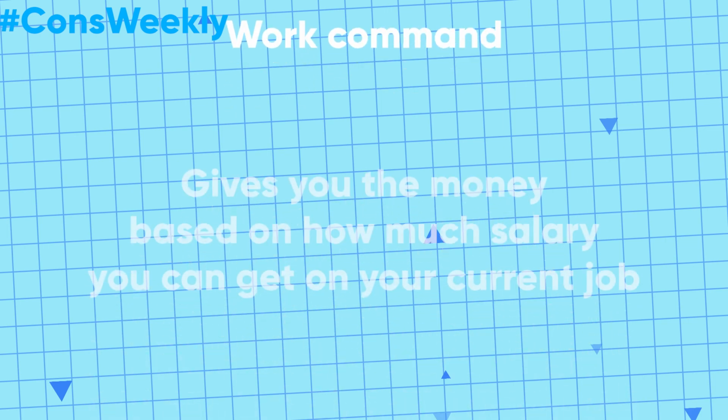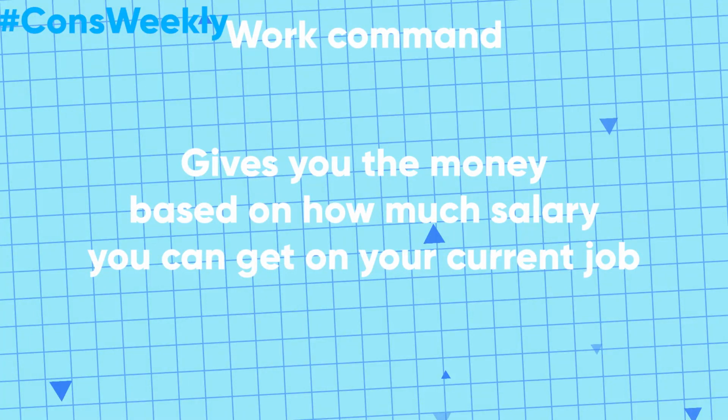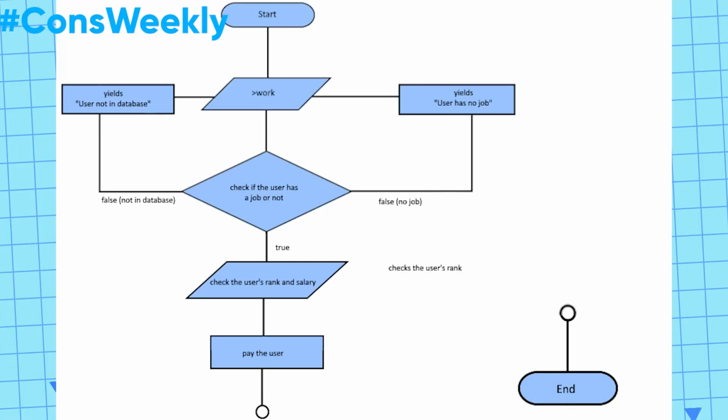Now for the work command, it will be the one who gives you the money. The work command is special since you need a job and the job must be valid. Now here's the flowchart for the work command. It starts with only a simple syntax. This syntax checks if the user has a job. If yes, it looks at the rank that the user is currently in. For example, if the user has a house cleaner job and the user is a normal house cleaner rank, the